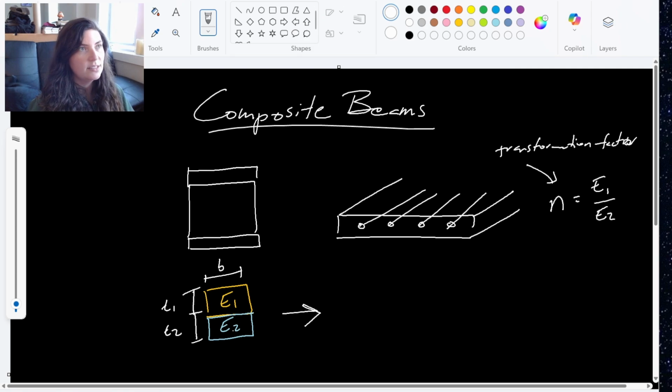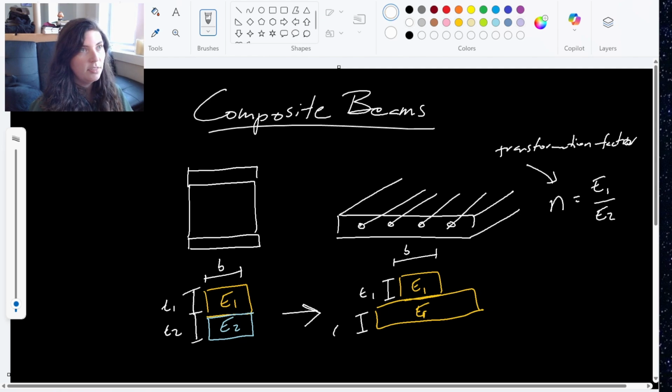And basically what that does is allows us to say, okay, let's pretend like instead of having this blue on bottom, let's pretend like they're both orange and they both have the same modulus of elasticity. So that transformation factor is going to change the geometry so that we have a modulus of elasticity that matches. It'll keep that top geometry the same, right? We had that E1, it still has a thickness of T1, and that base width of B. But now if we're transforming the bottom using this transformation factor, just a ratio of the moduli of elasticity, I'm going to say, okay, now instead of having this value E2, we're going to pretend like this is made of E1,